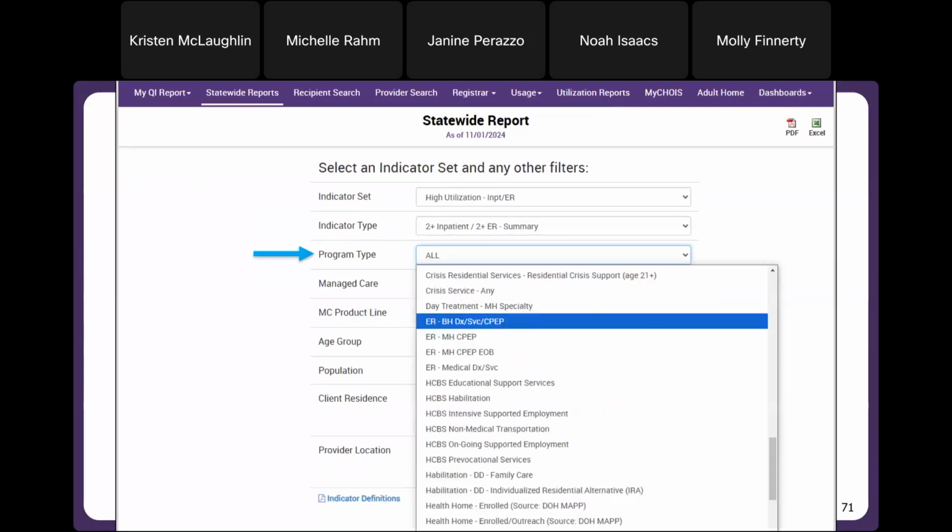Hey, Kristen, I'm having trouble hearing you right now. I'm not hearing any audio coming through. Yeah, likewise. Looks like she's calling back in, so please hold. Thank you, everyone, for your patience. Hi folks, can you still hear me now? Yes, we can hear you now. You're good. Oh, thanks, sorry about that. Where did you lose me? Just a couple slides ago. Maybe just start at the statewide reports.